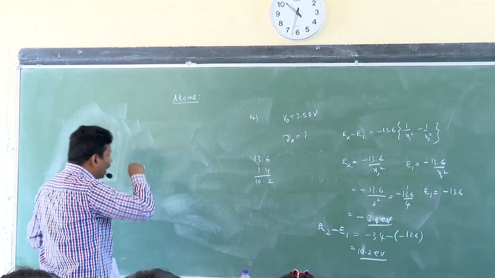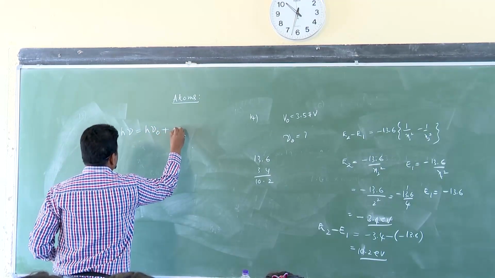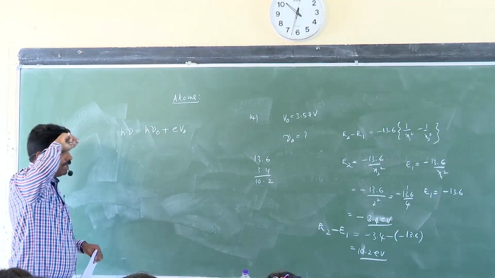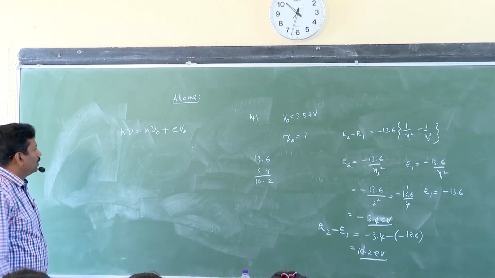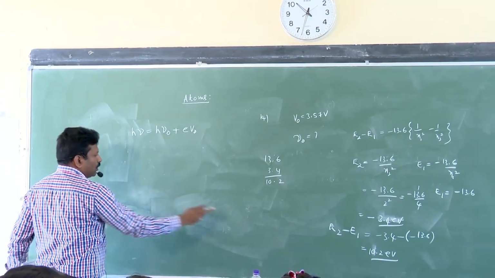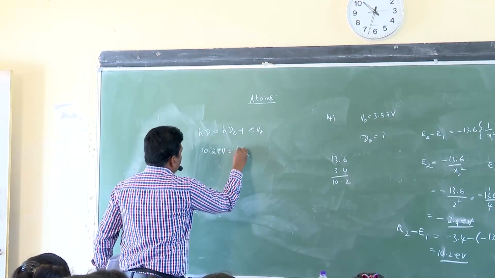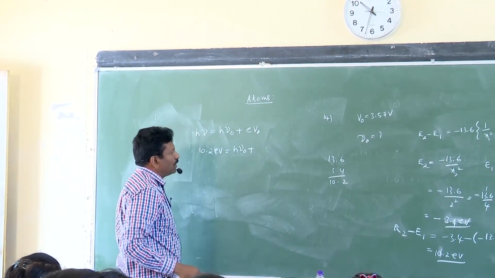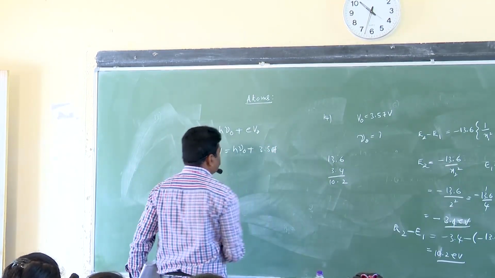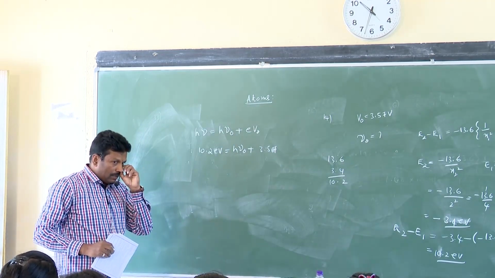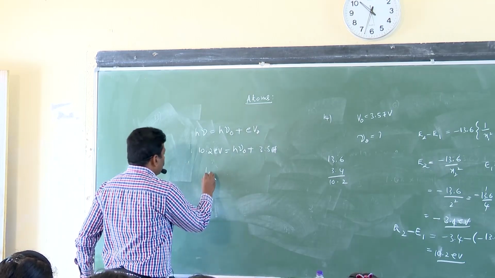So we know Einstein's equation: h nu is equal to h nu naught plus e V naught. This e V naught is nothing but the kinetic energy, given by the stopping potential. h nu is 10.2 electron volt, and e V naught is 3.57 electron volt. Any doubt? No, sir. Now, therefore, h nu naught is equal to